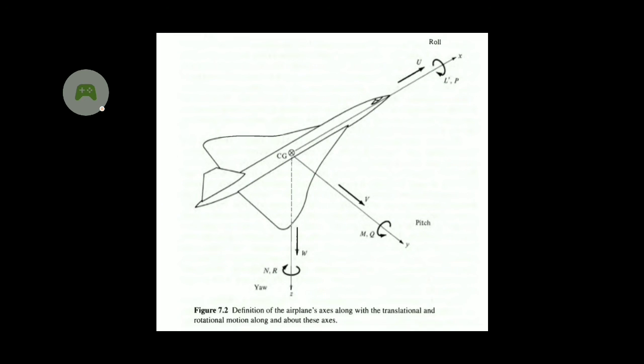And similarly, we have three movements about X, Y and Z direction, which we have defined as rolling movement, pitching movement and yawing movement respectively, and these three movements are all independent of each other. So three translational motions and three rotational movements about the axis sum up to 6 degrees of freedom of the airplane. Degrees of freedom are actually the range of motions that are independent of each other.